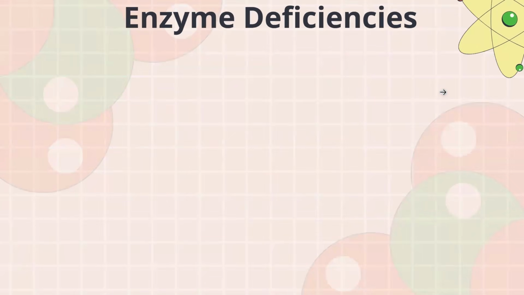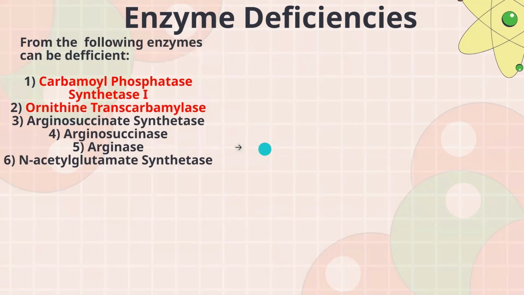So let's get into the enzyme deficiencies. We're almost near the end of this lecture. A very easy lecture, don't worry. We can have some enzyme deficiencies, and all of them are bad, but there are some specific ones I'll talk about. We have all of these enzymes, as you can recognize them, arginase, and N-acetylglutamate synthetase. By the way, this is what makes N-acetylglutamate synthetase regulated by arginine, as we talked about in the last slide. The enzyme deficiencies we want to mainly talk about here are carbamoyl phosphate synthetase 1 and ornithine transcarbamylase. Why is this important? Because both of them are very similar, but they differ in some things.